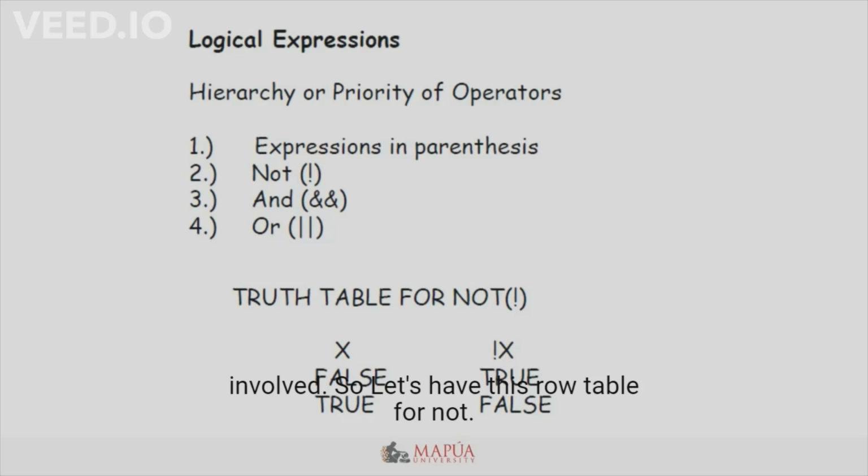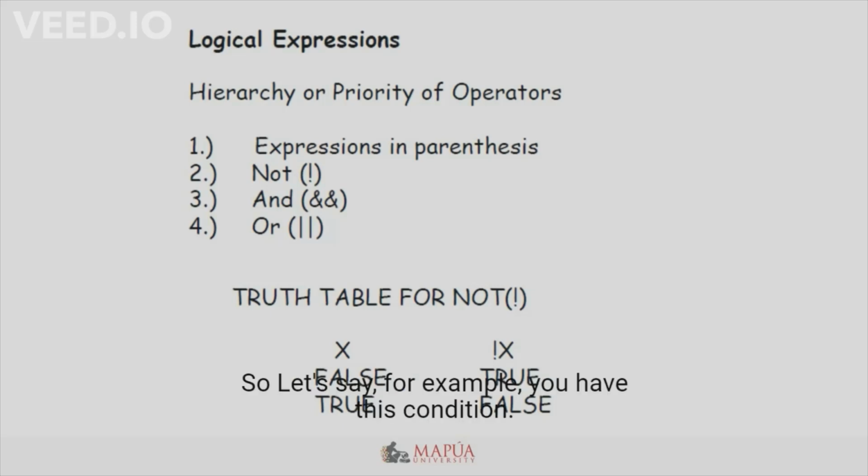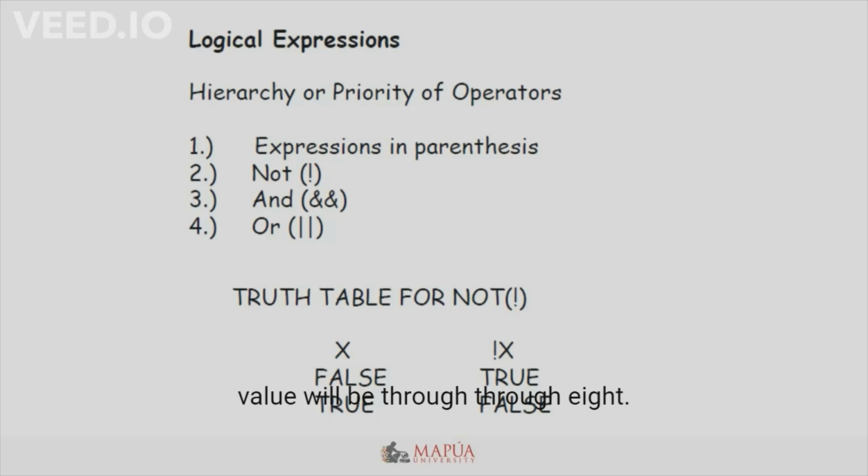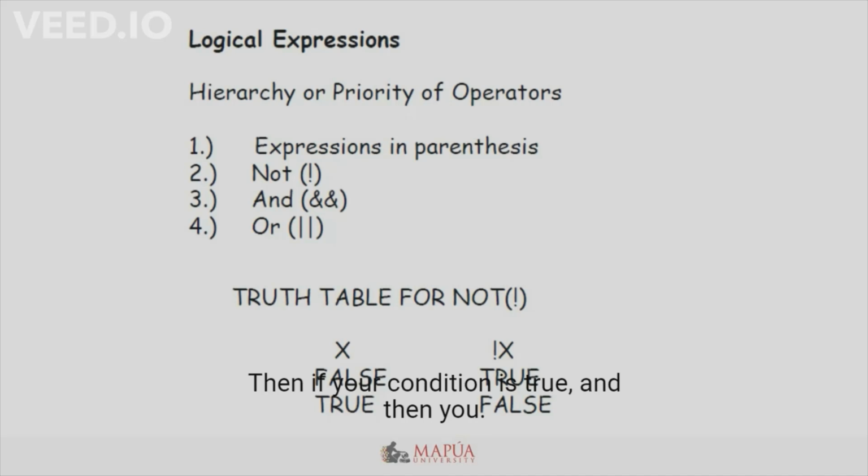So let's have this truth table for not. Let's say, for example, you have this condition: 5 greater than 3, so that's true. Then you use the not sign operator, exclamation point. When you have the resulting value of 1 or true, the final value will be false. Then if your condition is false, and then you use